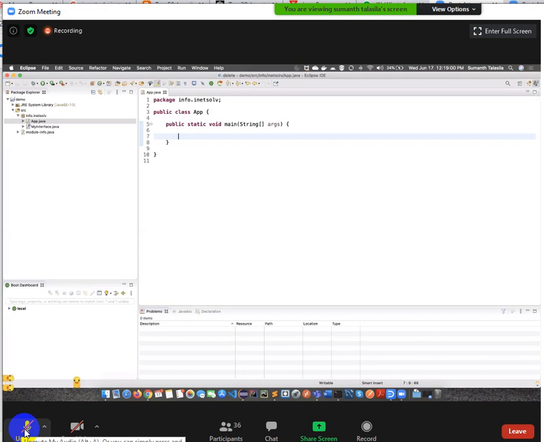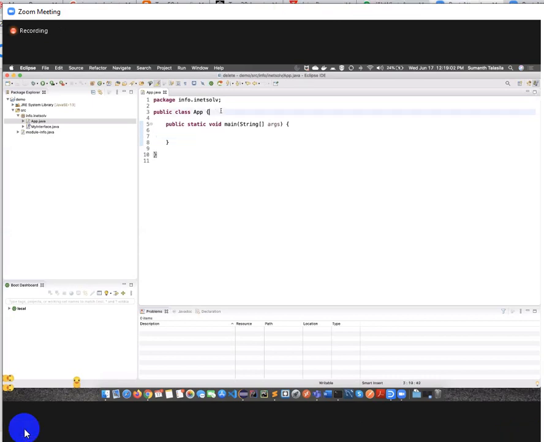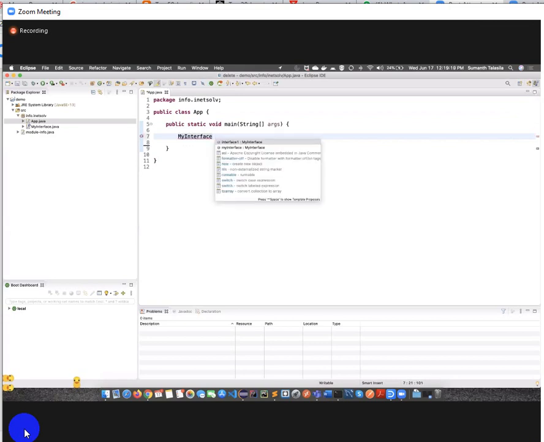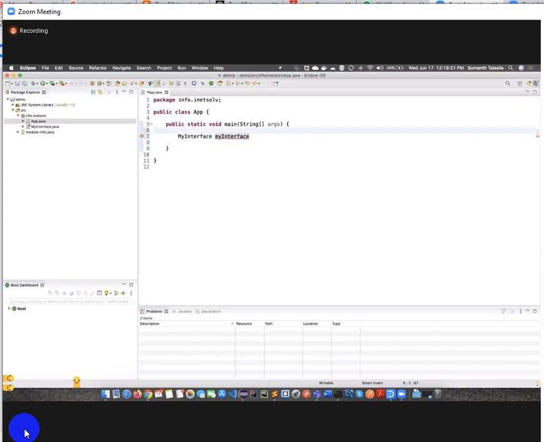Private. If it is an instance variable, you will write private here. It's a local variable, inside the method, right? To which interface do you want to provide an anonymous inner class? My interface. Variable name, my interface, is equal to